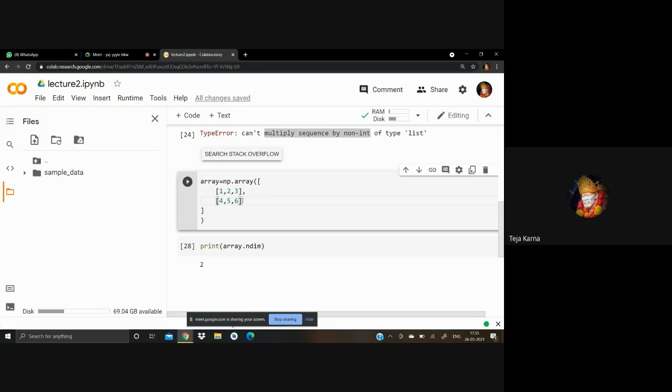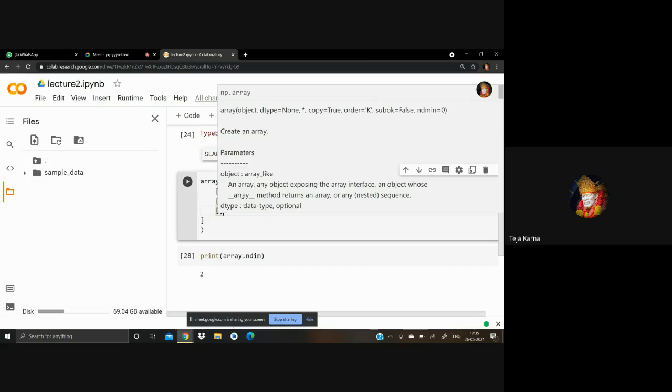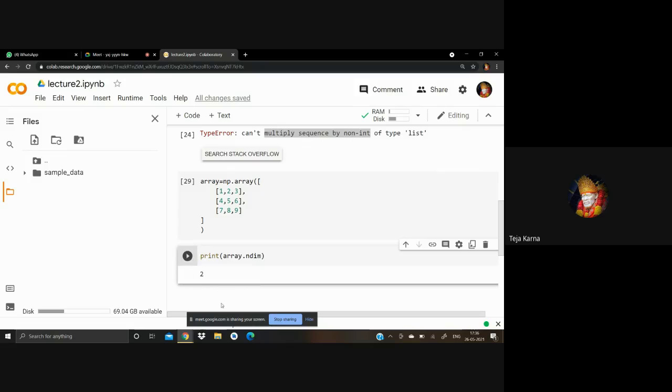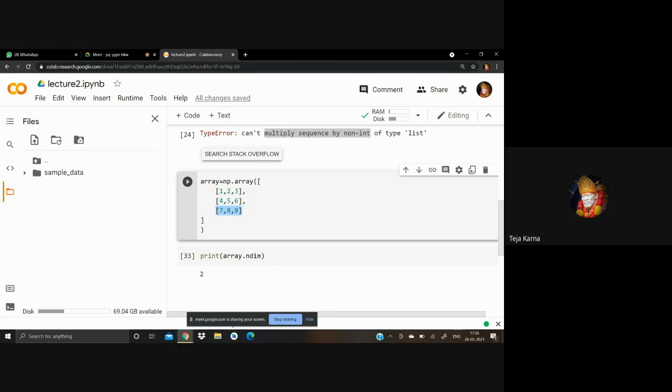In the same way, if you add another row, like 7, 8, 9, it shows something else. I think I have some error in it, so I'll check it once and tell you again what is going wrong here.